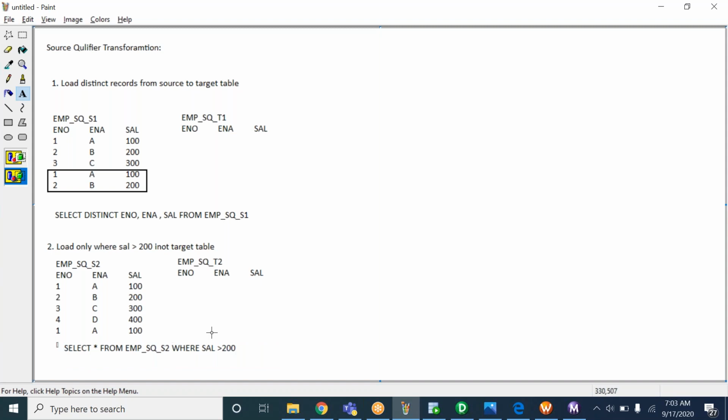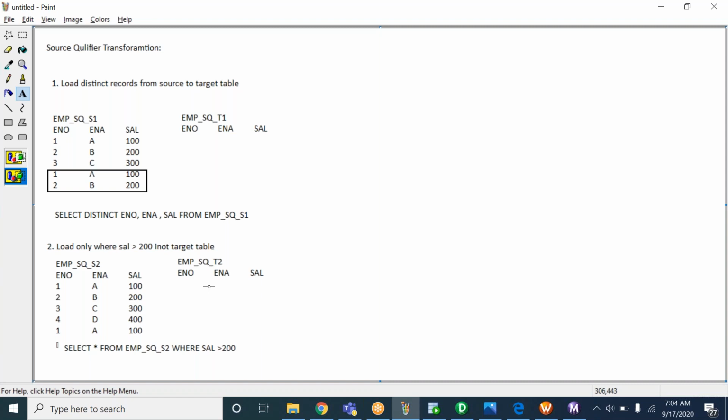So like this, we can write a query, not only distinct, to select specific records from the source table. Now with salary greater than 200, we have only 2 records, 3 and 4. Only for these 2 records is this condition going to be satisfied, and after successful execution you will get only 3 and 4 records in the target. We don't want to load all the records, only those records where salary is greater than 200. That means the 300 and 400 records are going to be loaded into the target table. So for this one, you create a source table, target table, mapping, session, workflow, everything, execute it, and see whether you are getting the expected output or not.